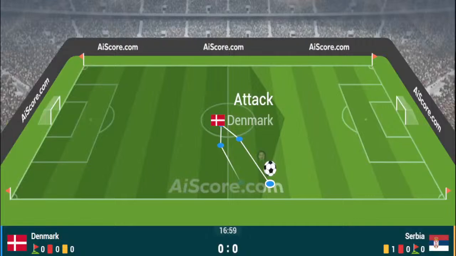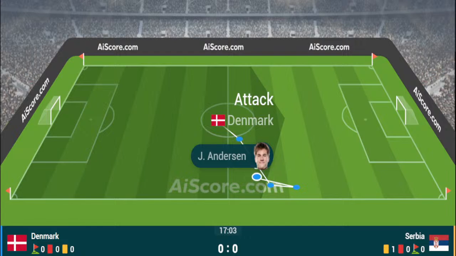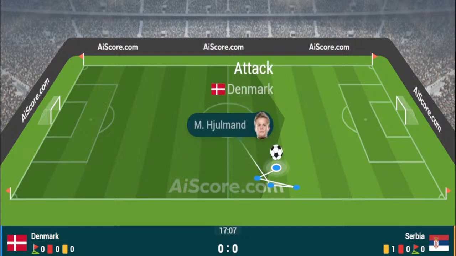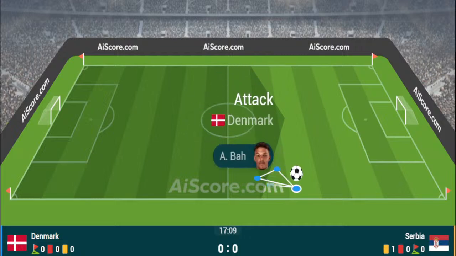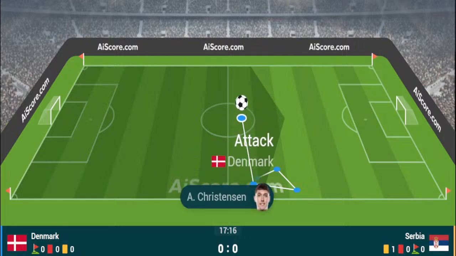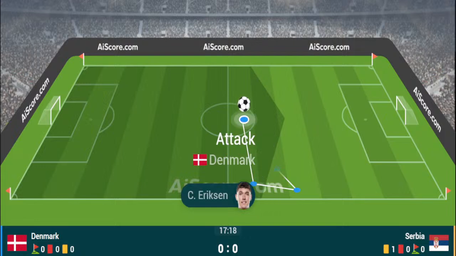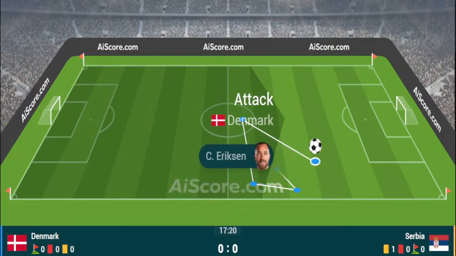Right-footed, he just swung the ball into the penalty area, and Bar felt as though he was fouled actually in the process, and Bar went down under the challenge inside the penalty area. I don't think it is a penalty. Zivkovic was the man who made contact with Bar. Certainly the suggestion was from Bar that he was fouled, but the referee having absolutely none of it. You just wonder whether Bar tried to shrug off that contact and really got cleaner contact with the header. He could have caused problems for the Serbian goalkeeper.